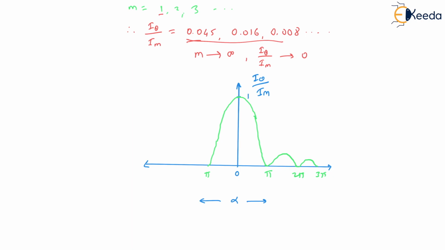So here we'll draw the line. And then the intensity will be here on this side too. Now we can draw the graph like this. See, the intensity goes on decreasing and tends to 0. This will be 4 pi. On this side again the same, this one, then this one, then this one, and the intensity goes on decreasing as the value of alpha increases.